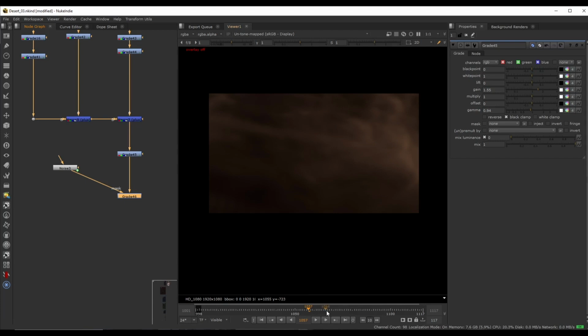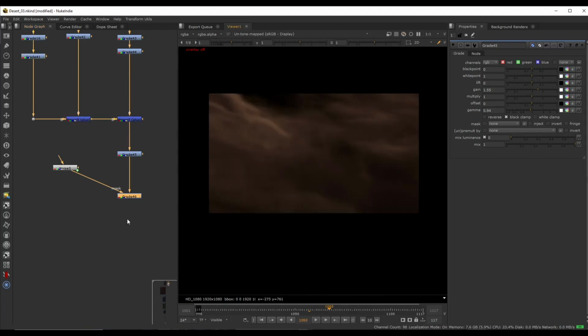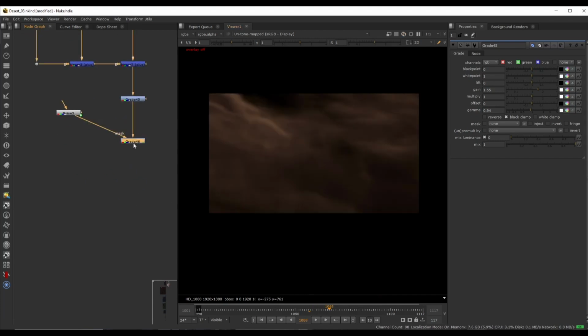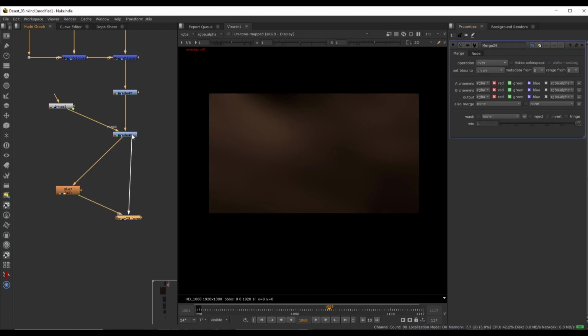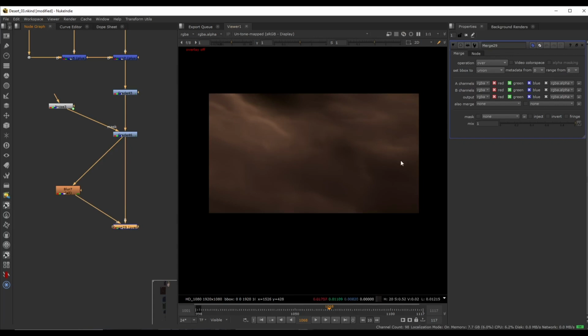And one final thing that I like to do with a lot of these volume layers is we can drop down a blur from here. So I'll press B and I will increase the size of this blur quite a lot. Let's maybe use 200 and I will merge this on top of what we had. So I'll press M, drop down a new merge, and we can see when we add a blur on top,